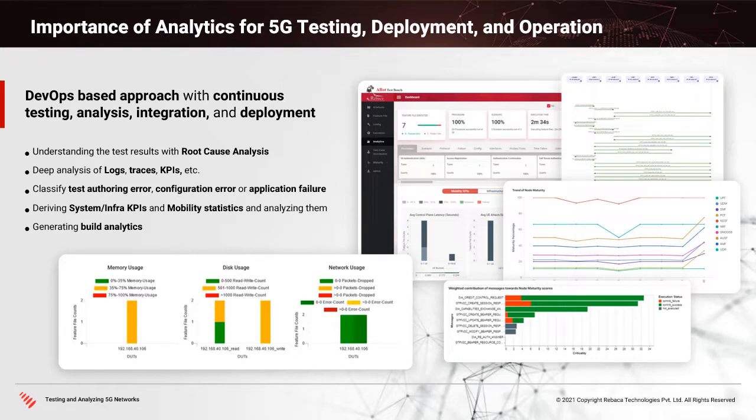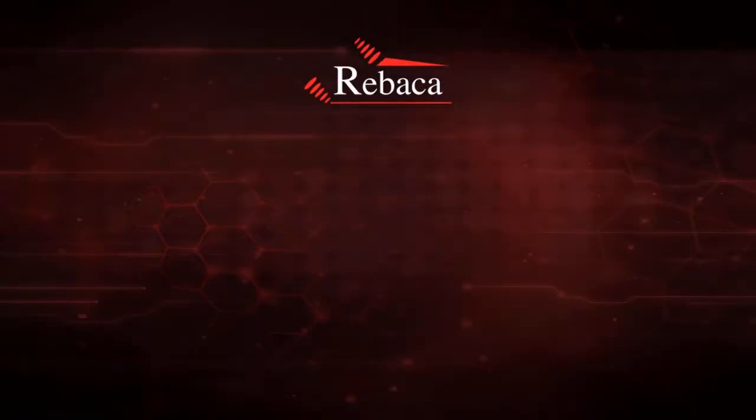We need to be able to come up with a build by build analysis as well, whenever we are onboarding software releases from different vendors. This will help us to come up with a particular release combination that would be most stable for the deployment. At Rebaca Technologies, we have developed a